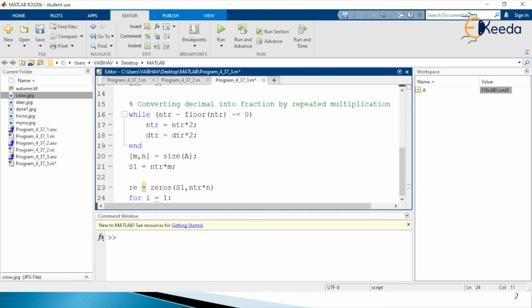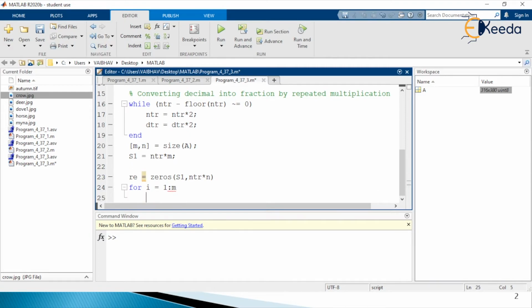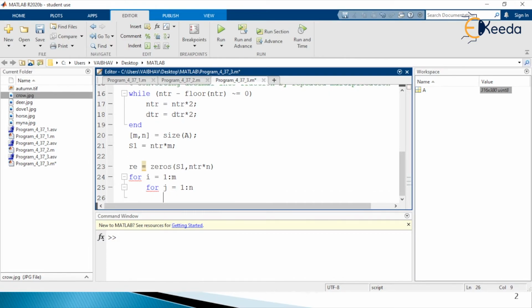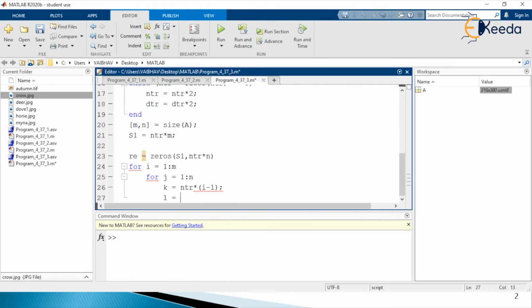Inside this we define another for loop with the index variable j starting at the value 1 extending to small n, and inside we define small k as a variable that we obtain by multiplying ntr with i minus 1, ending with a semicolon. Another variable defined, small l, we obtain by multiplying the ntr variable with j minus 1, ending with a semicolon.